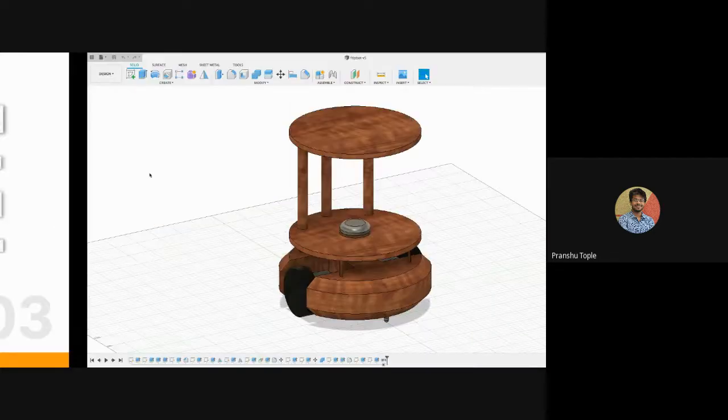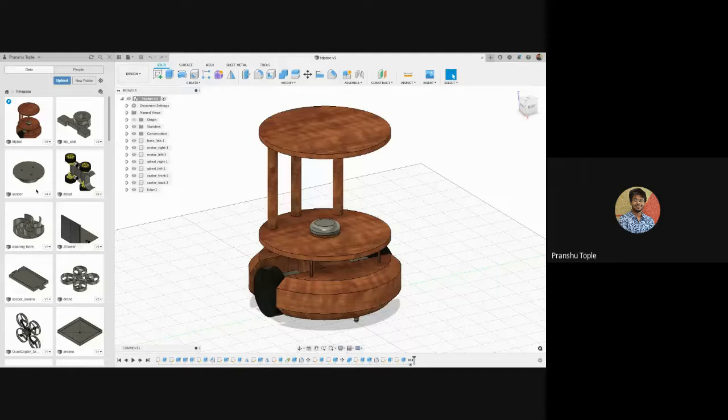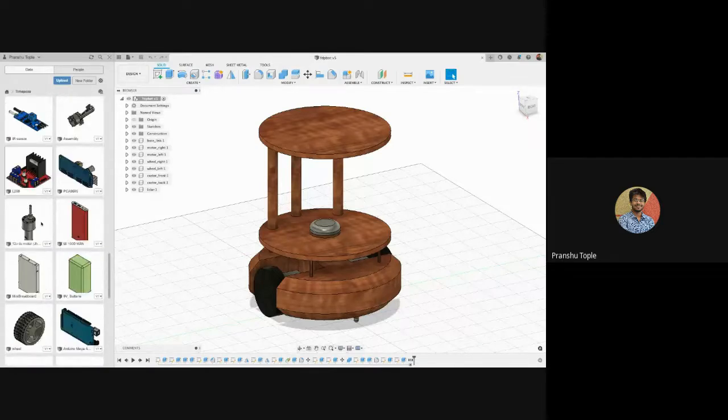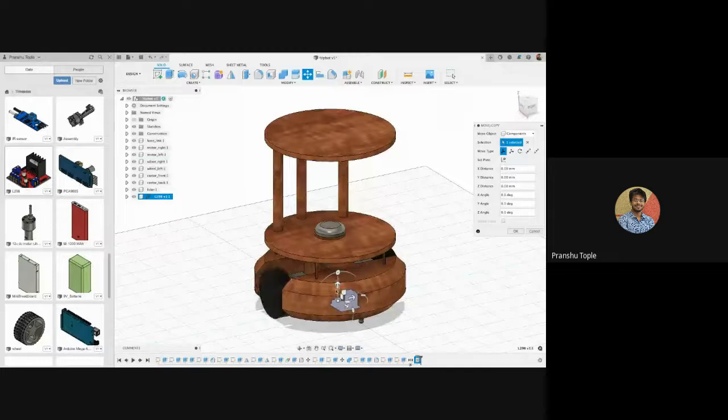But if I import some design from some other space, like let's say I have a sensor or anything over here? Yeah. I will insert this motor driver into this design. I will insert it into current design. Okay, it will take time to load and it will spawn at the 0th location. Let's wait for it. Yeah, there we have it. So this is our motor driver.